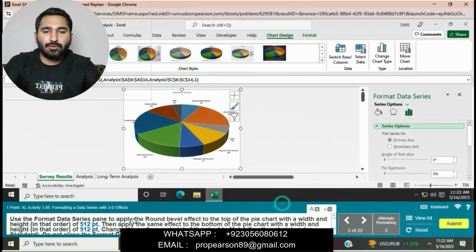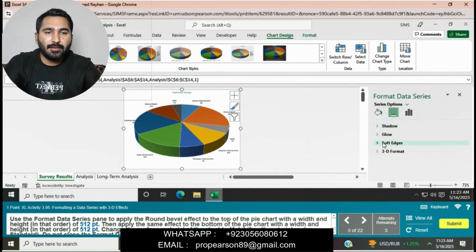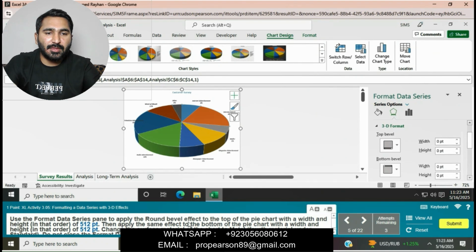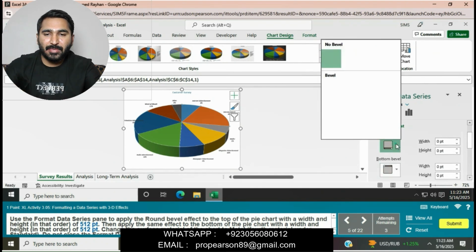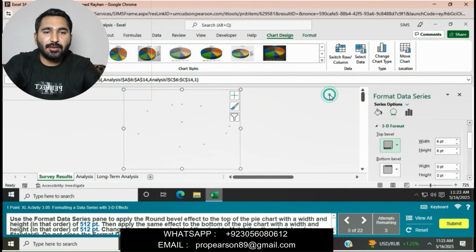Okay, go to Format Data Series and then apply the round bevel effect to the top of the pie chart with the width and height. Go to Format Data Series and then go to 3-D Format. Go to the bevel effect, top bevel, round bevel.